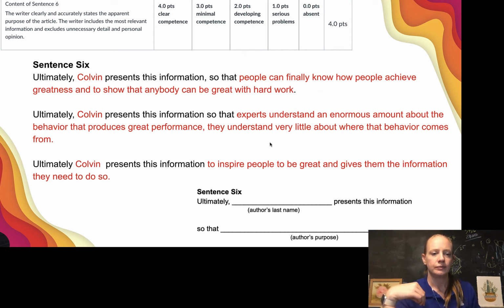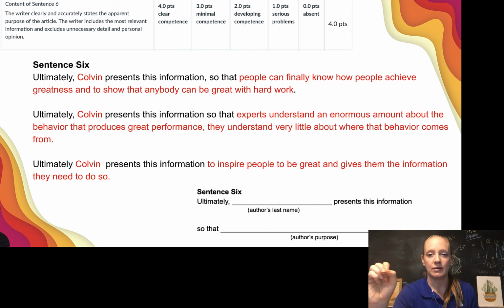The next one. Ultimately, Colvin presents this information so that experts understand an enormous amount about the behavior that produces great performance. They understand very little about where that behavior comes from. Now again, if you know the article like I do, you know that this is a sentence directly out of the article, word for word, without using quotation marks. And unfortunately, it also is not an answer to this question. So this one would be a 1, and I hate giving 1s,